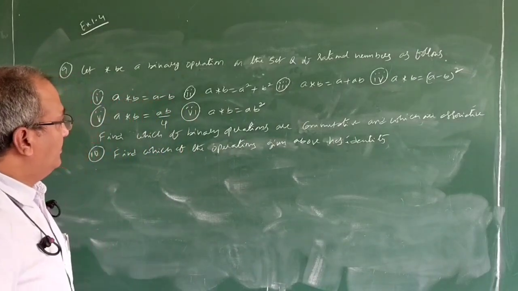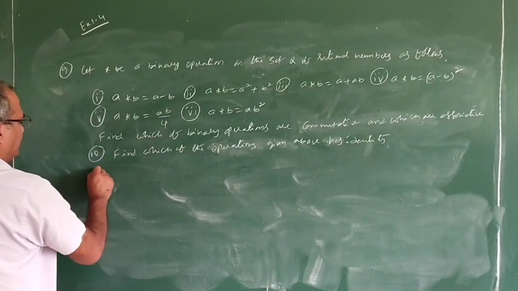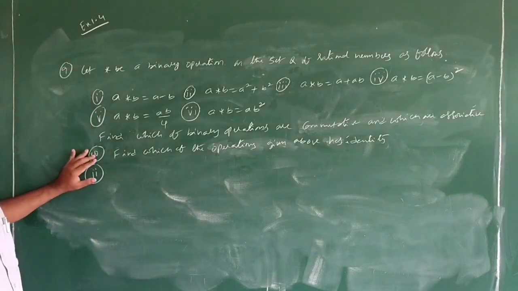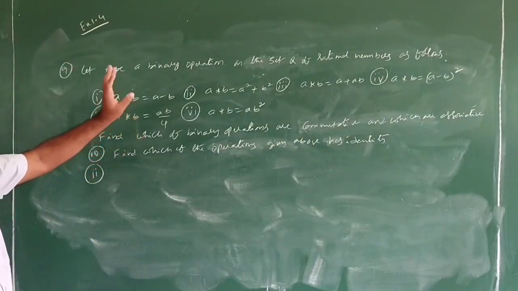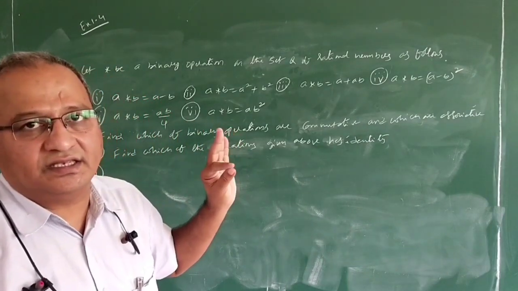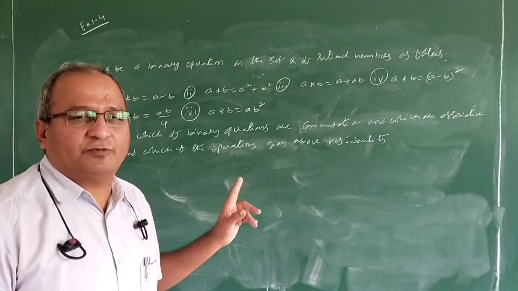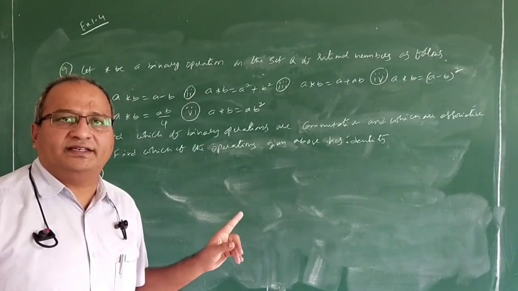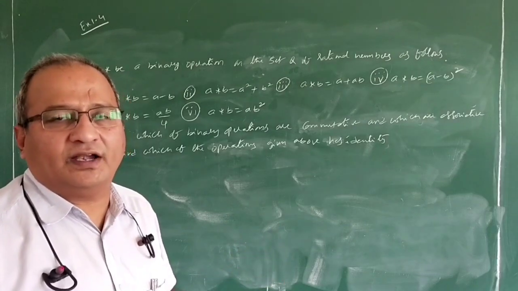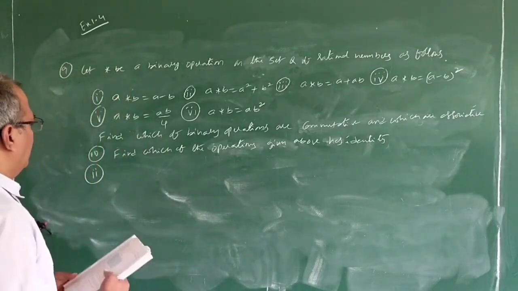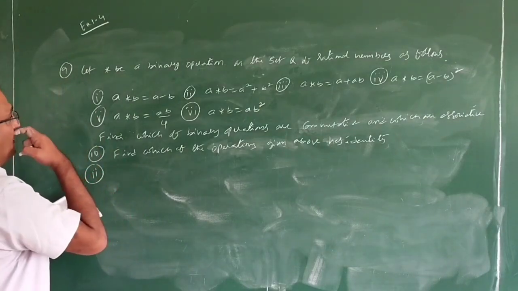Now the second problem. See, in these problems I am doing both 9 and 10. Three properties they are asking: one is commutative, another one is associative, next existence of identity. In the previous problem, A star E is not equal to E star A, therefore identity element is not there. Now come to the next one.